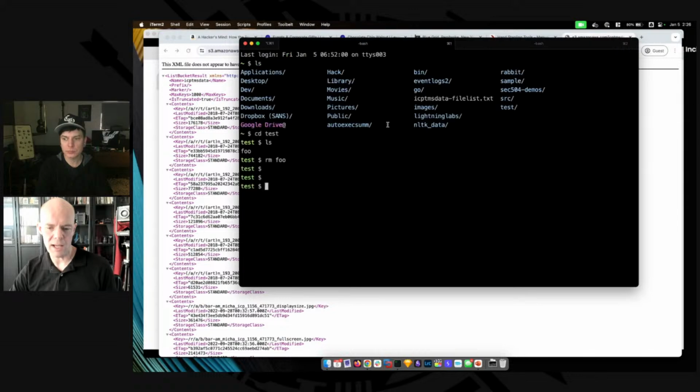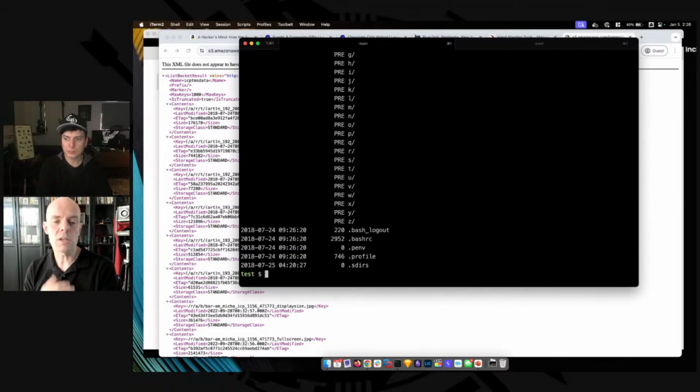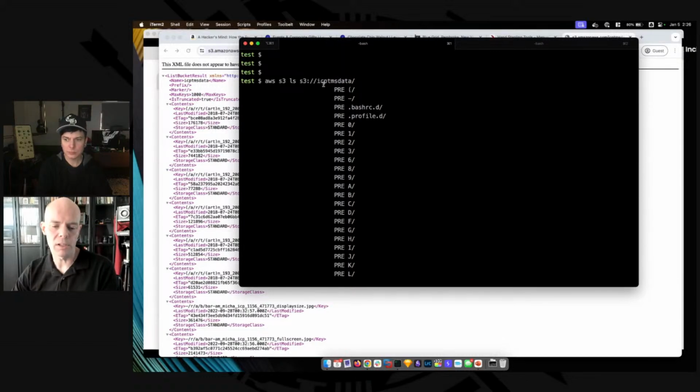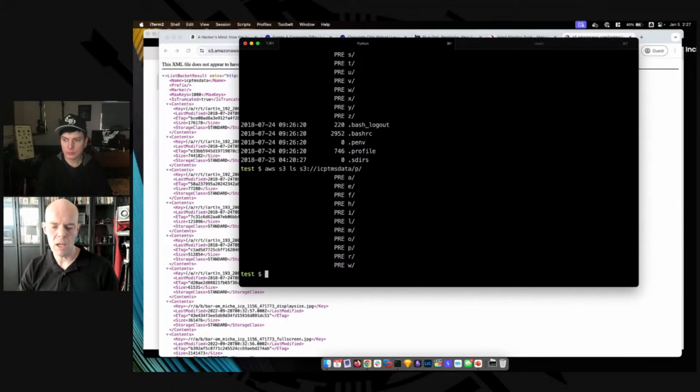because the next thing I did here was I said aws s3 ls s3://ICP-TMS data. And once I used my Amazon account, so this is my own personal Amazon account, we can see that we're now able to list all the contents of the S3 bucket. And we can see the naming convention that we saw earlier. So we see like the P folder. If you go into P, you can go to the F folder,